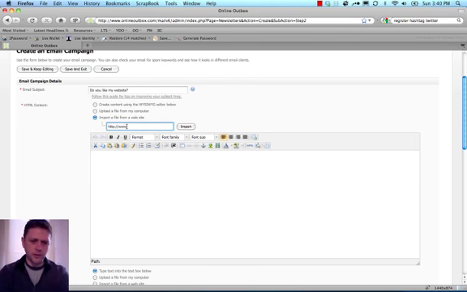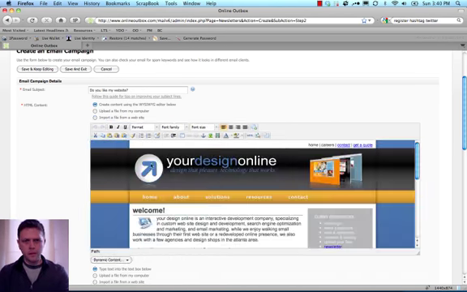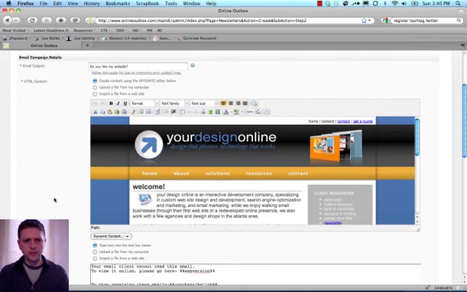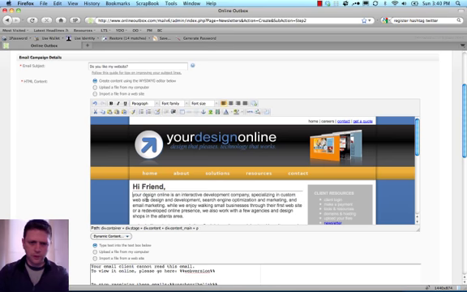So we're going to type a web address in here. We'll click import, and we'll see that it scraped the page for this website and basically sucked it in, and will let us edit that page. So if we want, let's say we want that image out of here, we can delete that,